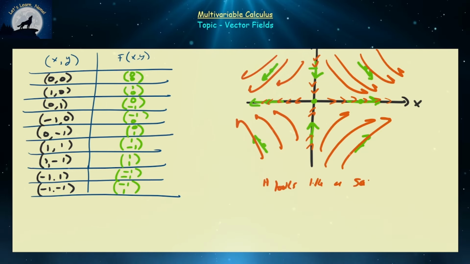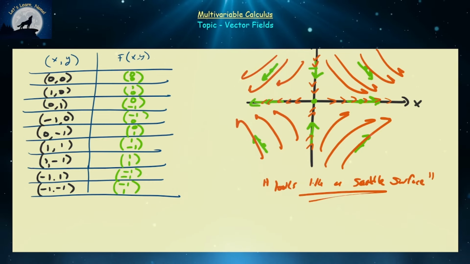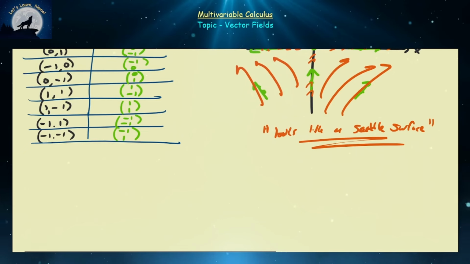Right? So this looks like a saddle surface, or at least the level curves of a saddle surface. Or in the realm of dynamical systems, that would be a saddle node. Right? So another thing that we could possibly even say is that